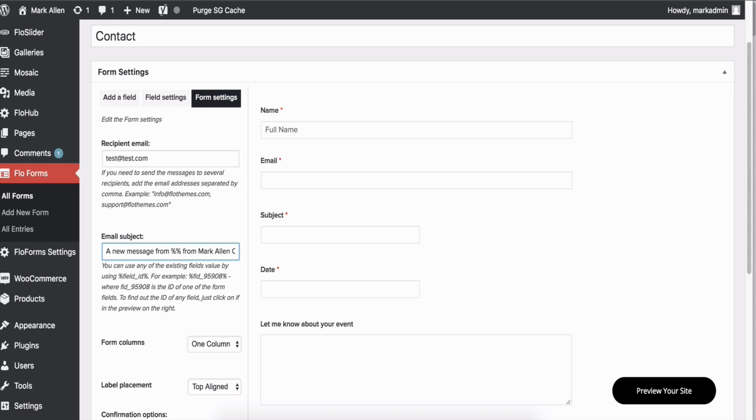So put in 2 percentage signs, go into the middle, paste that, and that means it will then say a new message from, and it will insert the name from my contact form, for example. You may also want to add the subject as well in here. Again, that will make it even more dynamic and will prevent you from getting flagged for having the same message